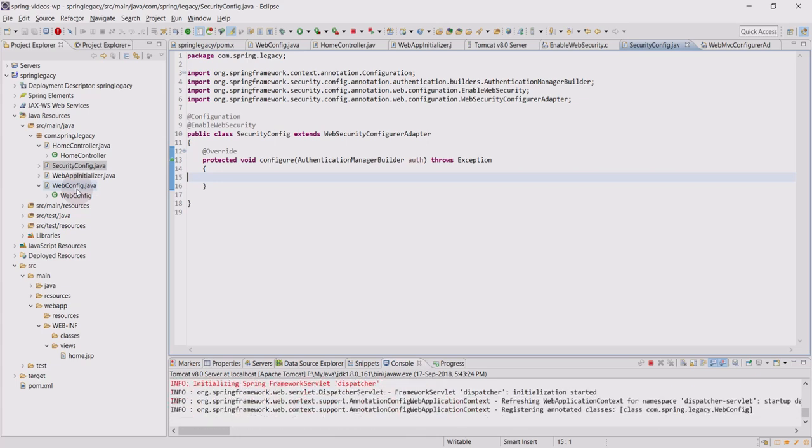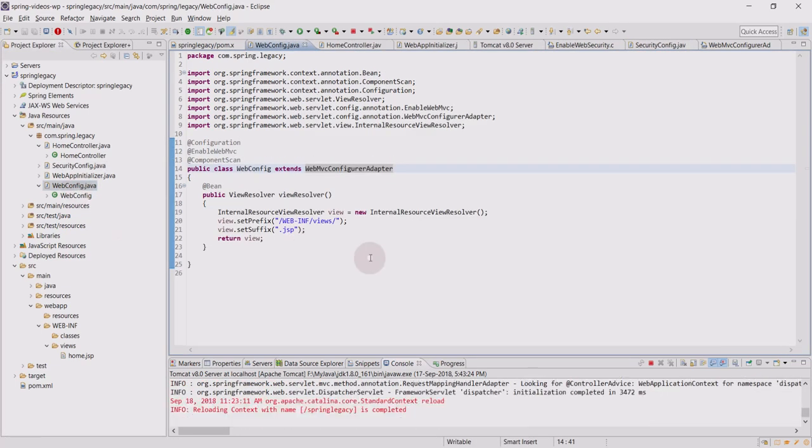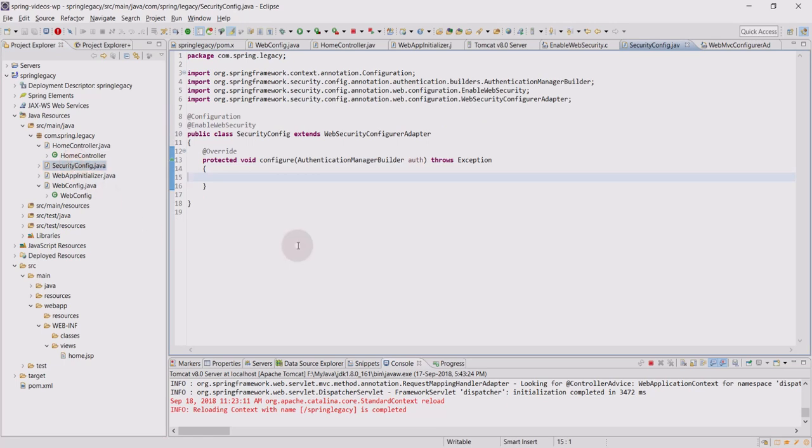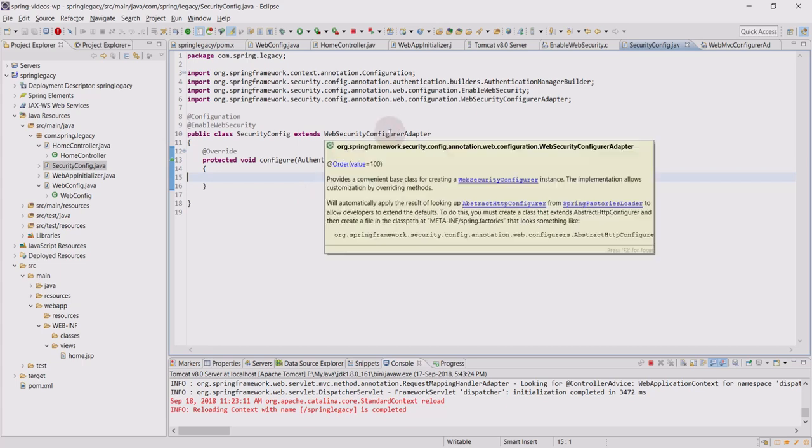So two modules we are using here. One is the Spring MVC module, and you saw how the configuration is done. In the previous video I told you this web config is a replacement of the bean definition XML file. Similarly, for this security config, whatever beans are required for giving security to your application would have to be declared in an XML file. Almost always we'd be using the same XML file, so this can be considered a replacement of the XML file for Spring Security. So in this particular class, because we are extending from the WebSecurityConfigurerAdapter,